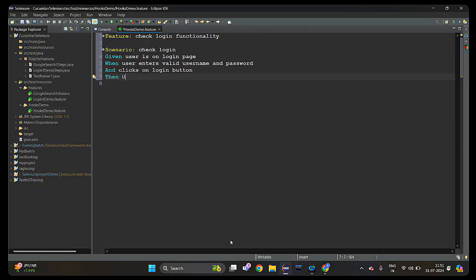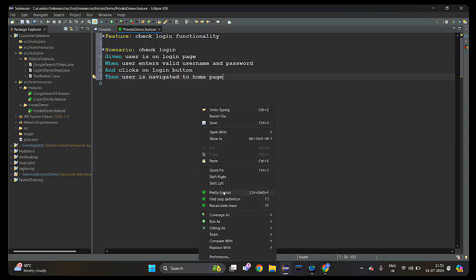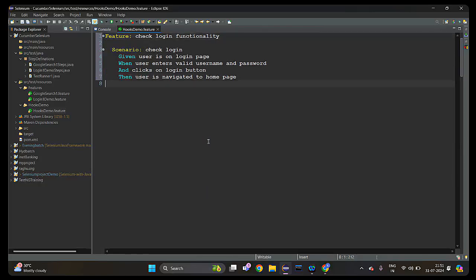then user is navigated to home page. Okay, just give a right click and click on pretty format. Okay, now what I'm going to do is